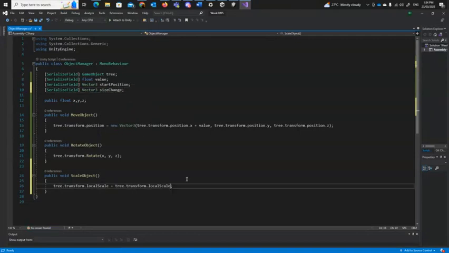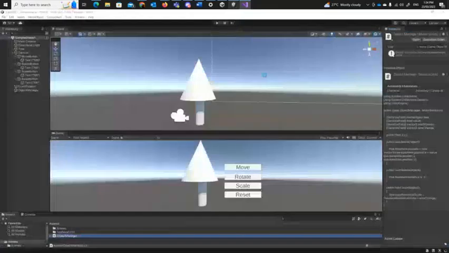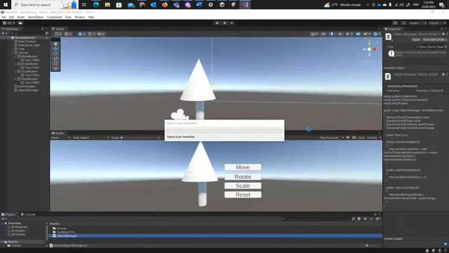Okay. So what this should be is size change down here. Because I need a variable to be able to do the same thing that we're doing with the move up here, but down here we're going to be using size change. Okay. So we'll save this, go back to Unity,